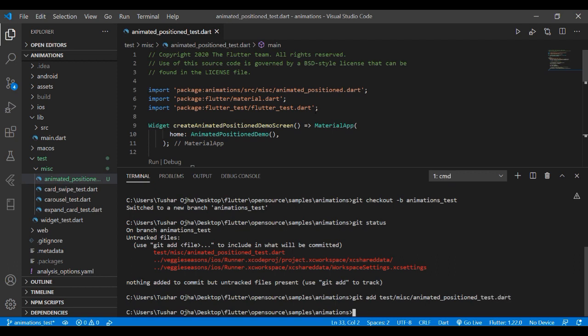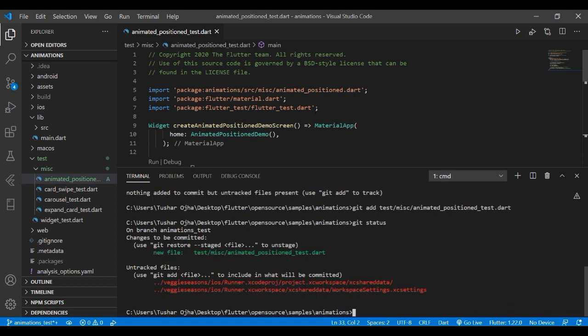So this is added. Now I'll again check git status, and I got the new file staged. Now I'll say git commit -m, and add a commit message like added test for animated positioned animation. Okay, so I've added the test.